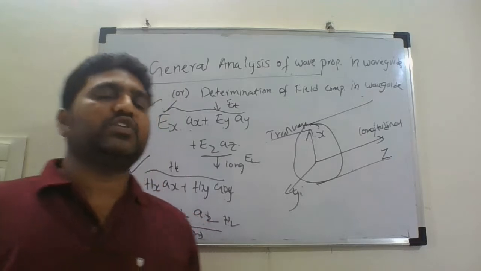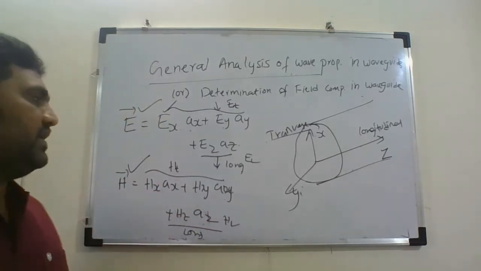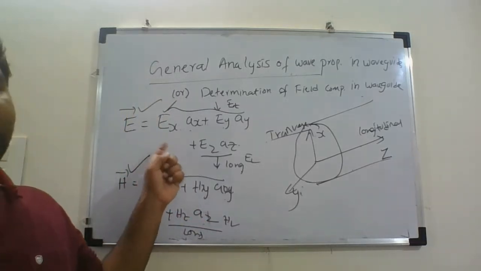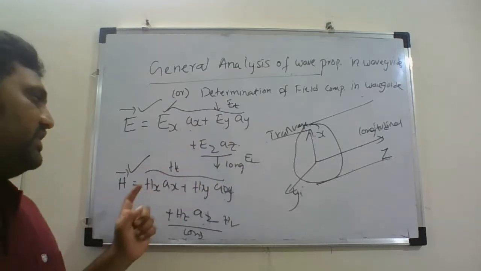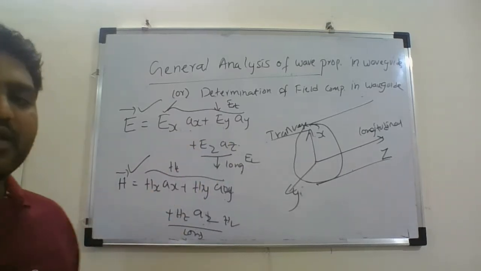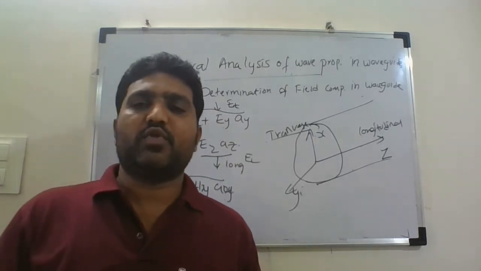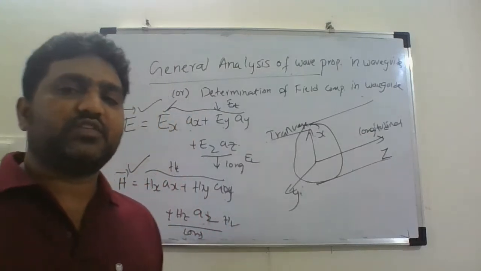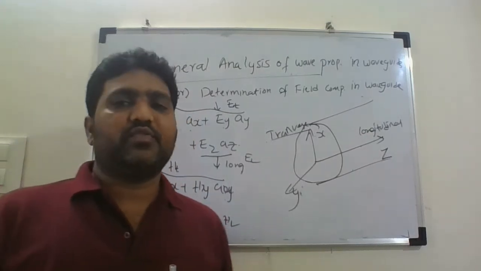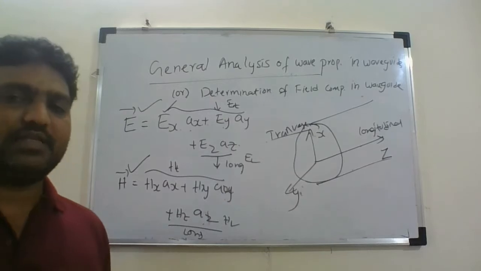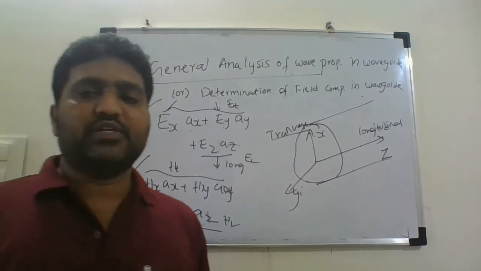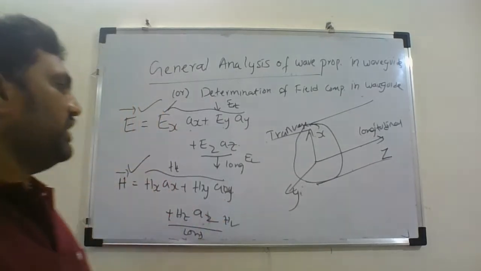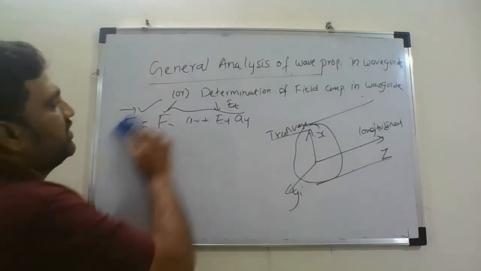So this general analysis is basically the determination of these components Ex, Ey, Ez, Hx, Hy, Hz inside the waveguide. We are going to derive the expressions for these components inside the waveguide, which is what we call the general analysis of wave propagation in the waveguide. So let us derive those components. Firstly,